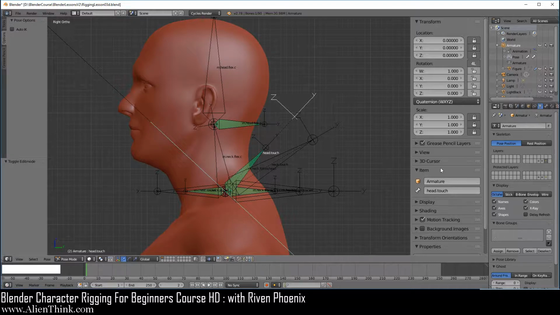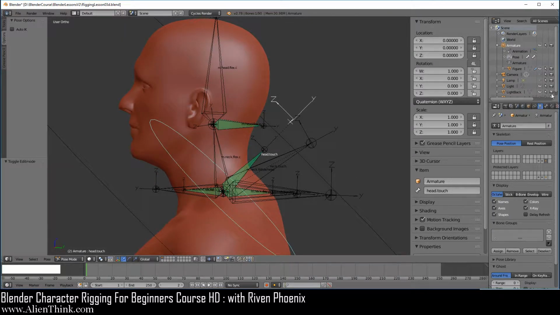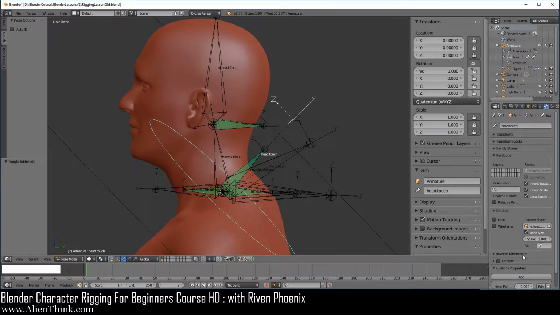So what we can do is simply having this circle selected, this blue one over here, which is the bone, go to the bone tab, and over here it's asking you the alternate bone where you want this to appear. So go ahead and click this, and now you're going to type in m.head, and this is what we want, the flex.c, and click it.